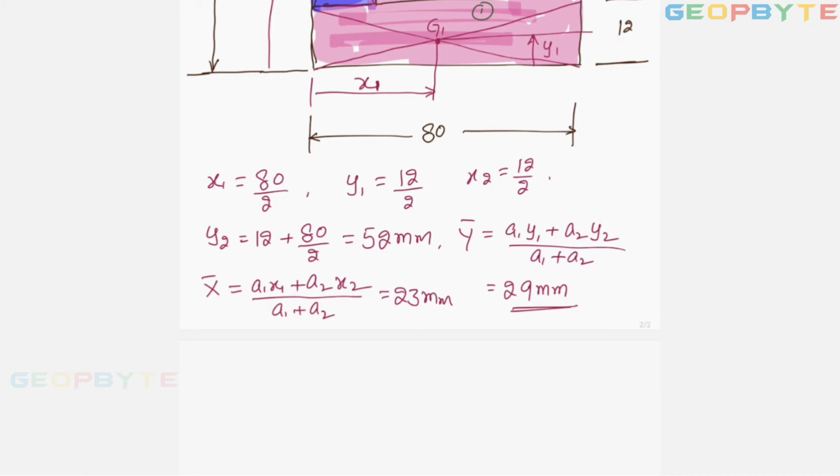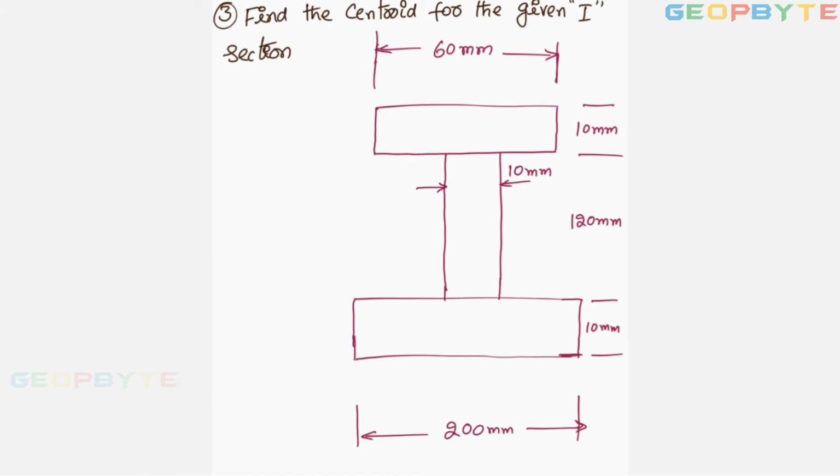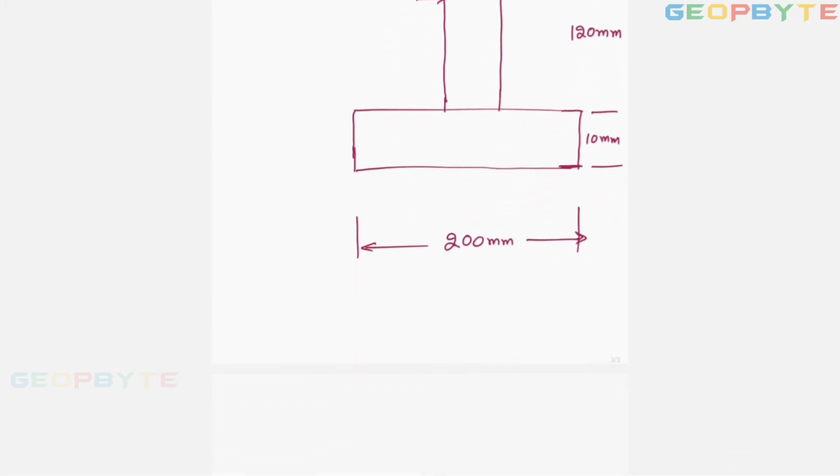Similarly, let us take one more section. Look at the next section. Find the centroid for the given I section. If you look at the given I section, the section is symmetrical about the y axis. Since the section is symmetrical about the y axis, the centroid should be lying on that particular axis only. In the examination, that point should be written first. That point is, since the given section